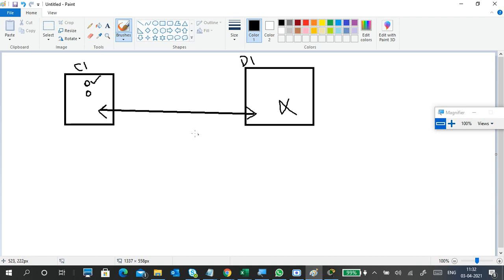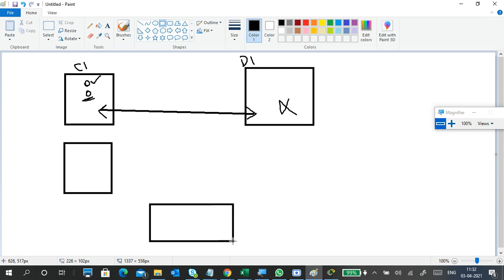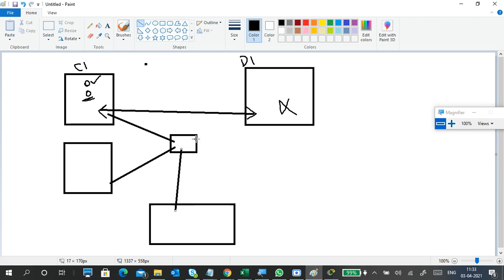If you don't have a DHCP server, you should use manual configuration in the network. If you are connected to multiple PCs and they want to communicate with each other, like this is a switch or a hub connected here, and these three PCs want to communicate with each other and you don't have any DHCP server, you have to assign manually.